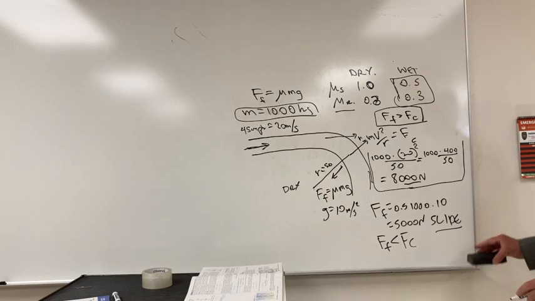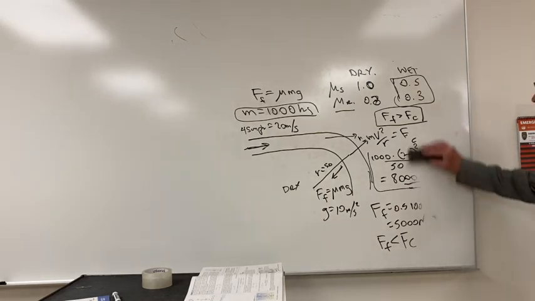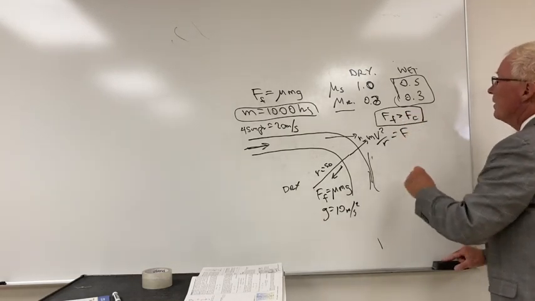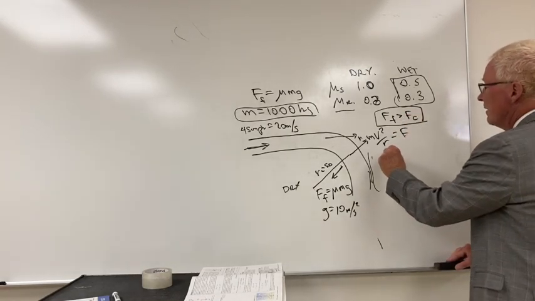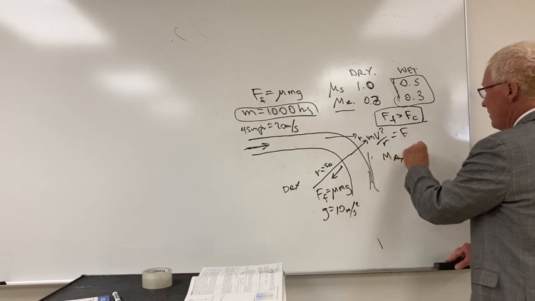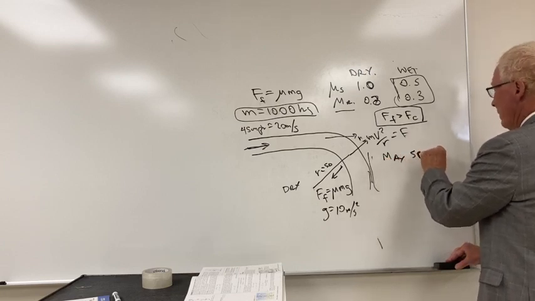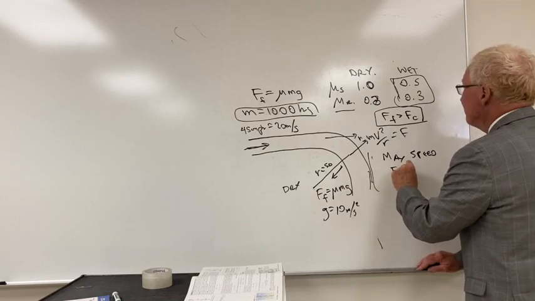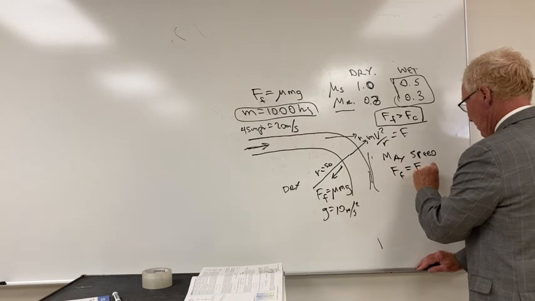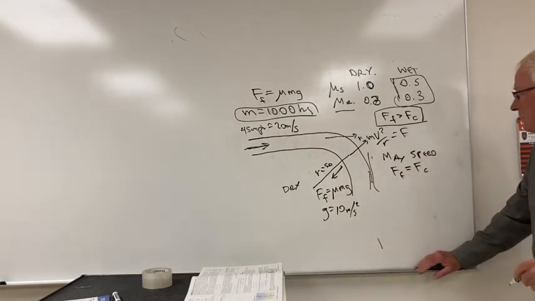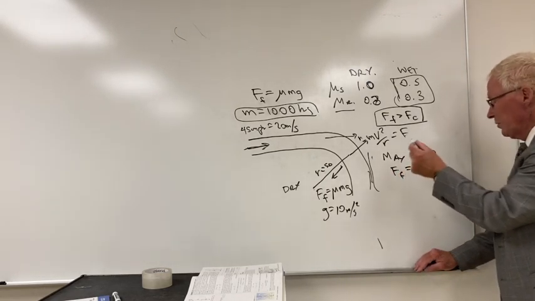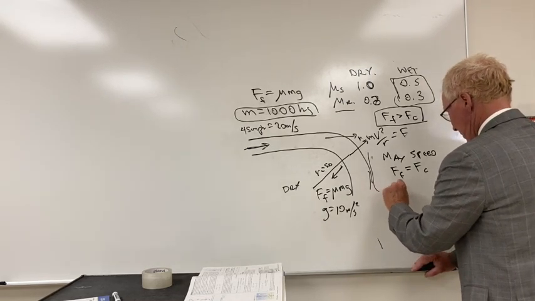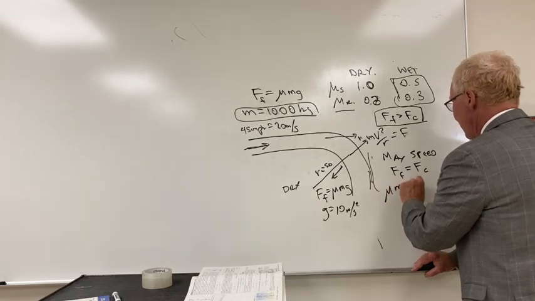All right, let's change this now. The maximum speed that stays on the road is going to be when the centripetal force equals the frictional force. Centripetal force equals the frictional force. So this will be mu mg